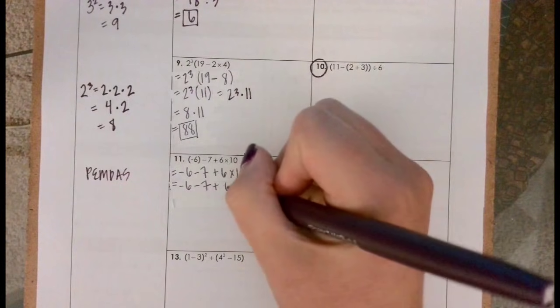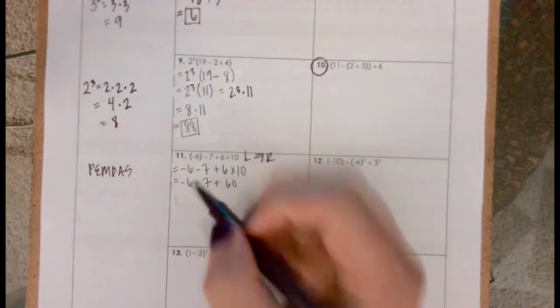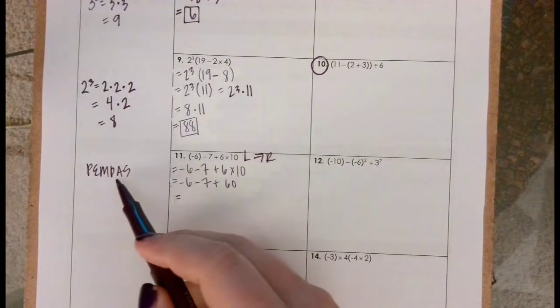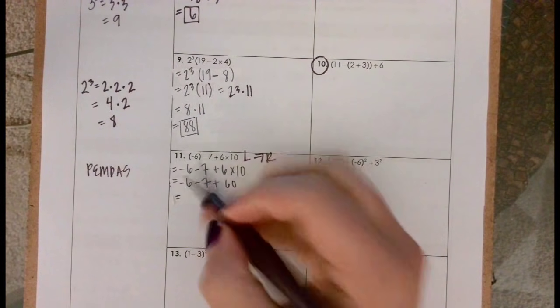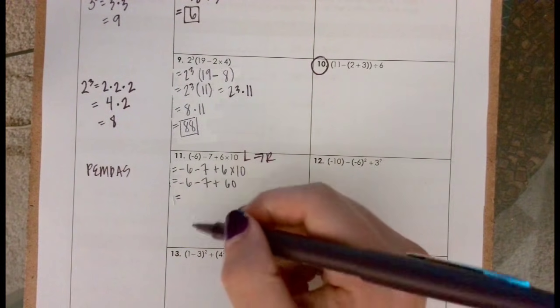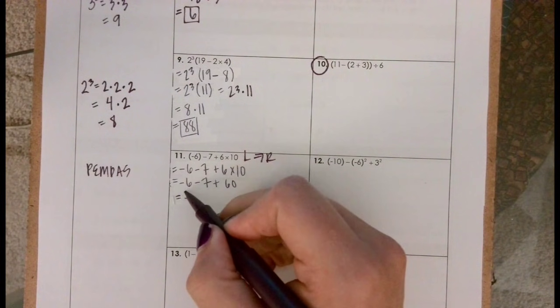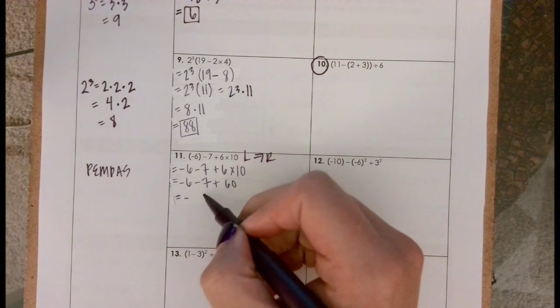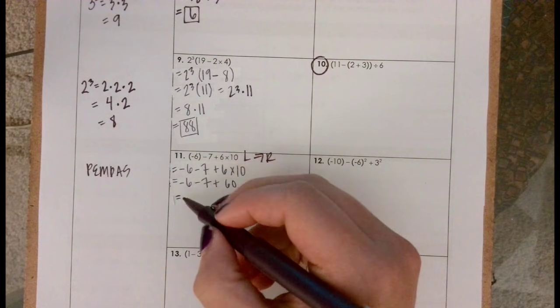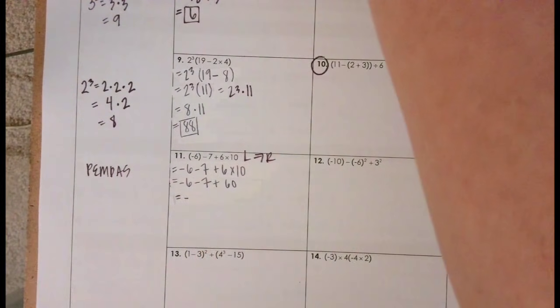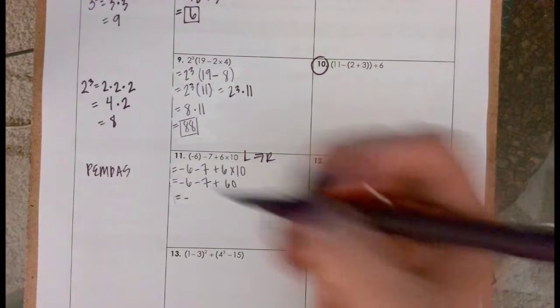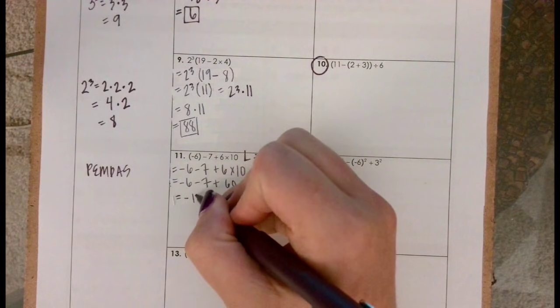6 times 10 is 60. So I've done my multiplication and division. Now I'm going to do addition and subtraction left to right, whichever comes first. Remember, it's important, whichever comes first, left to right. In this case, left to right, negative 6 minus 7, which is subtraction, comes first. We need to do that first. Negative 6 minus 7 is negative